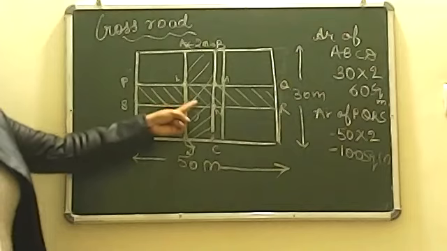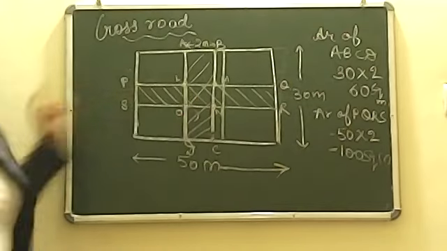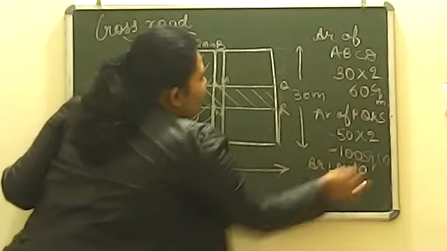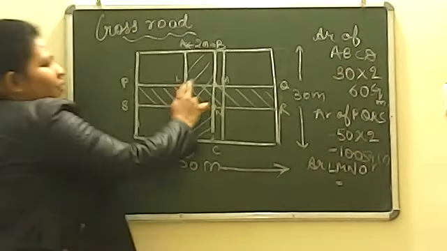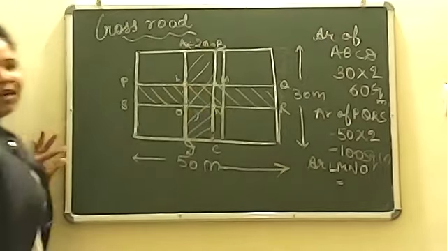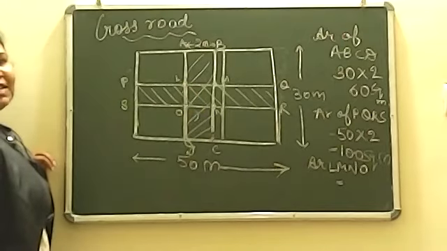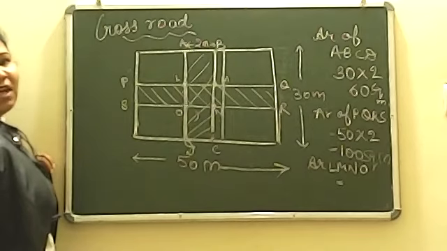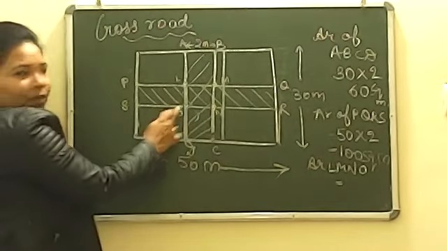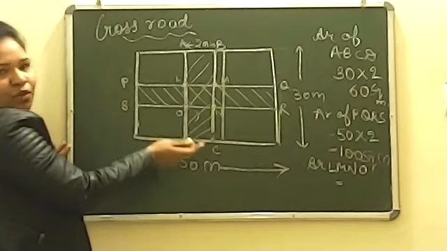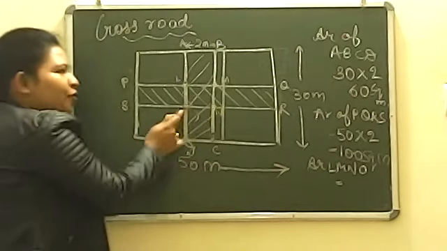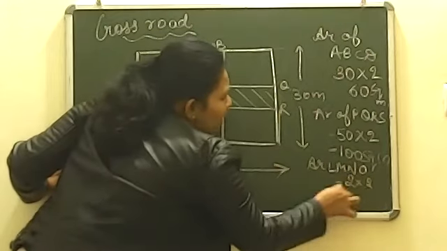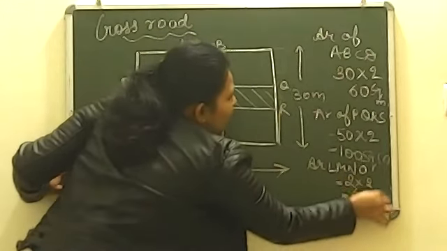Now let's find out the area of the third portion, which we have done. That is the area of LMNO. What is the dimension of this one? Tell me, what are the dimensions of this figure, the inside portion? Tell me faster in the chat box. Yes, absolutely right, Natik, Amit. This side also 2 and this side also 2, because the width is given as 2 only. So this is 2 from here, 2 from here, 2 from here, 2 from here. So it is a square which will give us 2 into 2, meaning 4 square meter.